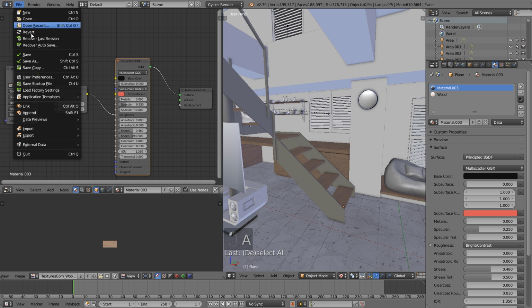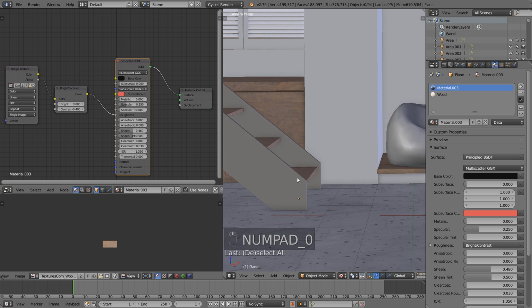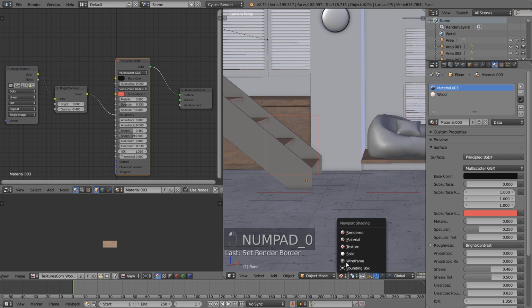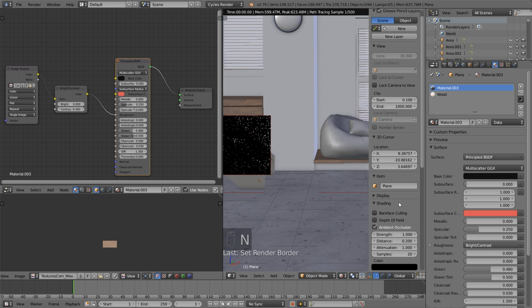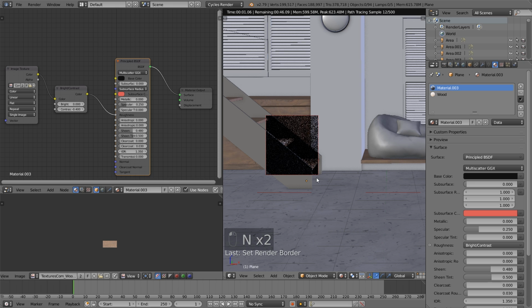So, we'll save our project, go into camera view, and let's do a little preview render of what our stairs are looking like over here. All right, so go to rendered view. We'll let that load in. You know what, we can turn off our background image now. It's just kind of distracting, so click that eyeball on the background image. And that's coming in pretty nice. So we can go ahead and leave that for now and move on to the next material, which will be,